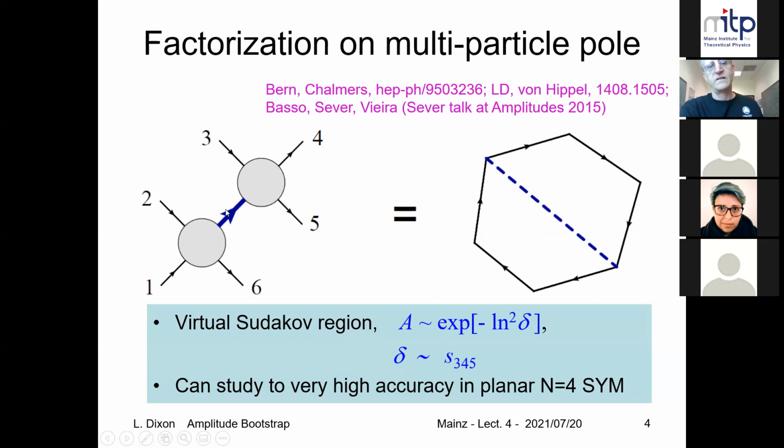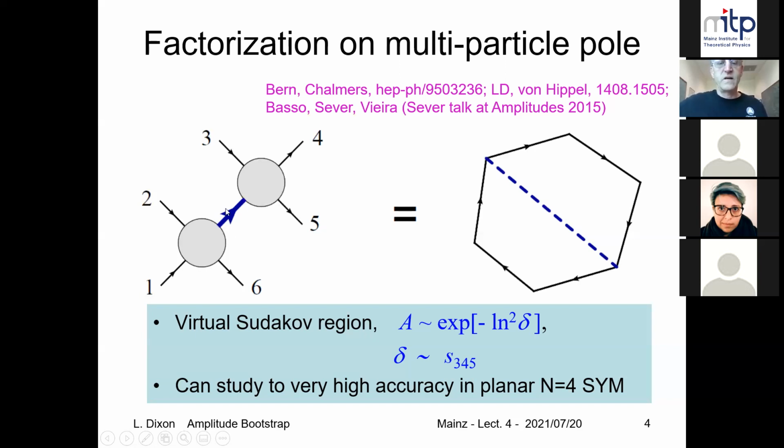And it's not really a good idea to try to force colored objects into a small pipe, and therefore it's a heuristic reason for why the amplitude is suppressed in this region. It's suppressed by a log squared of delta, and there's actually a cusp anomalous dimension appearing here. This is a traditional Sudakov region, although it's Sudakov for a virtual amplitude rather than for a